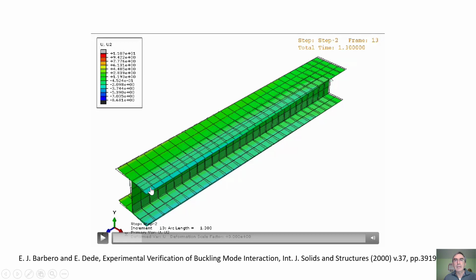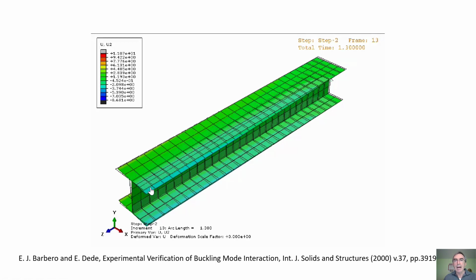So the column tilts. It tilts because it wants to tilt. I didn't put tilting in the imperfection. The imperfection was in the form of the local mode. So it was wavy, and it was 10 microns, which is nothing. But that was all it required to do something to the column. And the column chooses to tilt. Now, once it tilts, it loses bending stiffness, and an Euler mode will kick in.